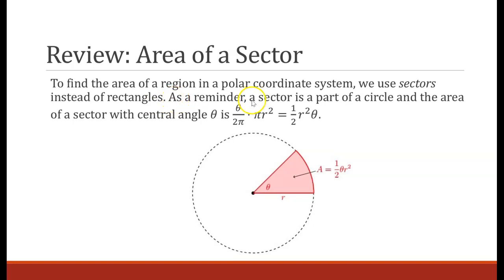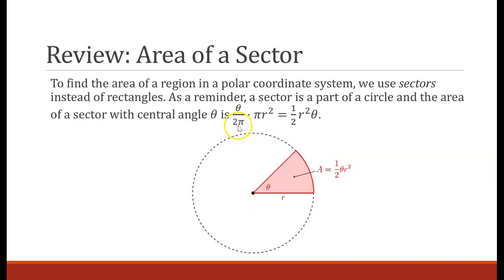As a reminder, a sector is a part of a circle, and the area of a sector with central angle theta is given by, well, first we need theta over 2 pi, which represents the fraction that corresponds to that part of the entire circle. So if theta is the central angle, then the fraction of the entire circle is theta out of